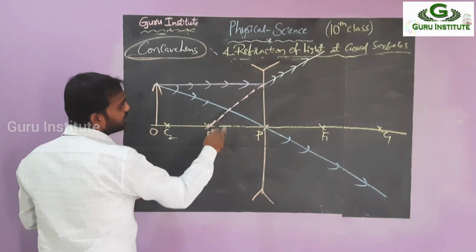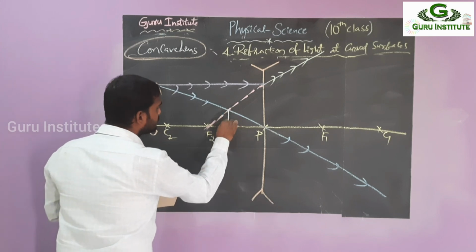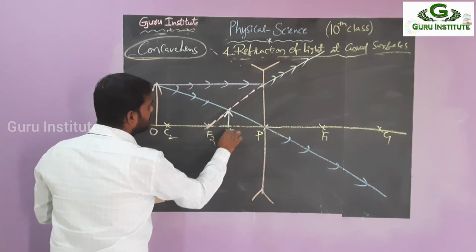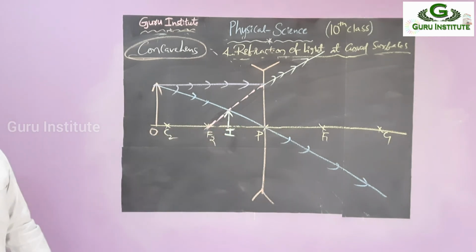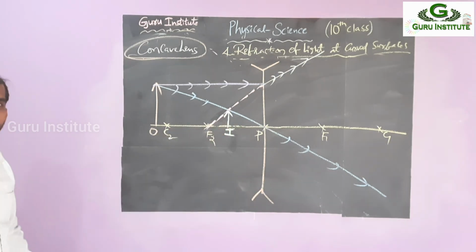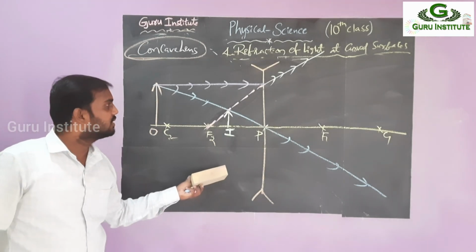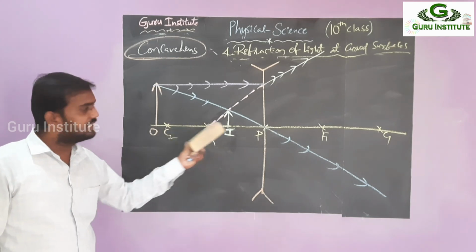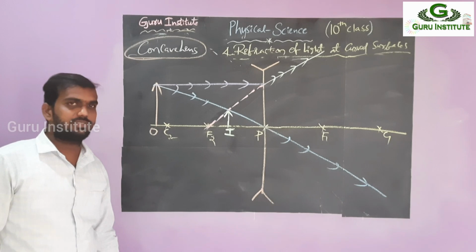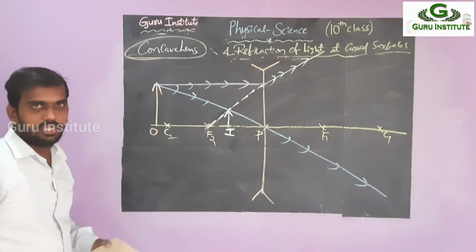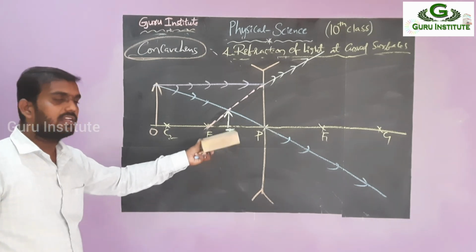This is passing through, where they are met. So this is the meeting point. So the image is formed here, right? What is the nature of the image? The image is formed in between P and F, first thing. And the image is diminished. It is erect, so that's why it's a virtual image. It's a beyond C case. Okay, diminished, virtual. So that means erect, and between P and F.